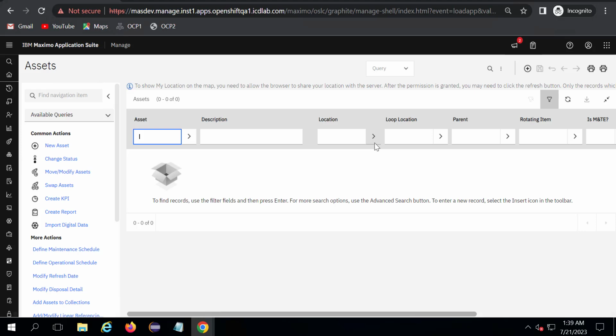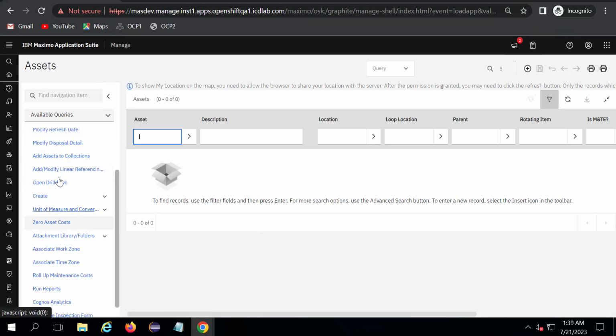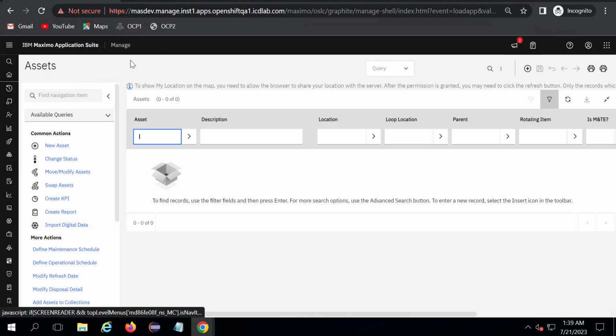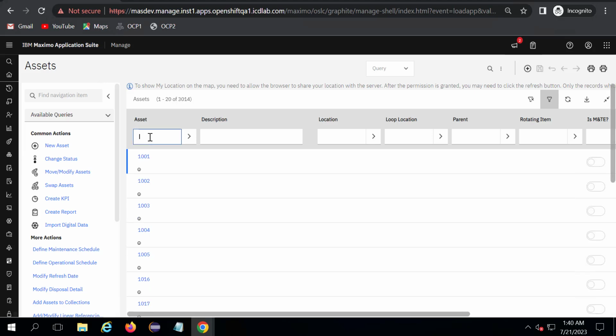So this is the asset application, and this is how it would initially look. Here you have the list of common actions and more actions, and this is the toolbar. Here we can view the entire list of assets by just hitting enter inside the asset